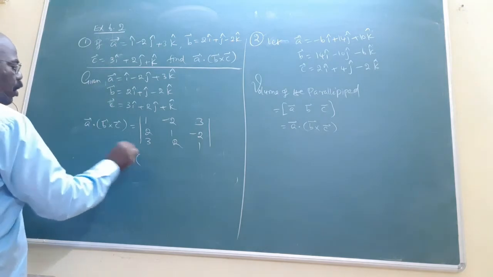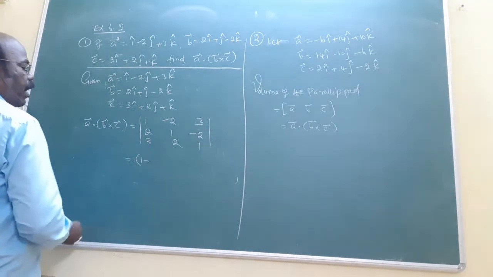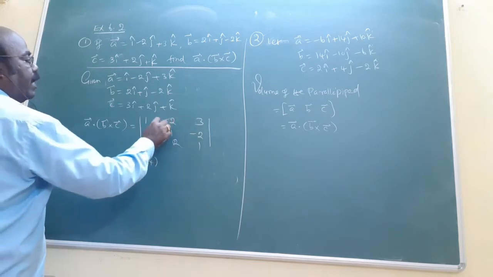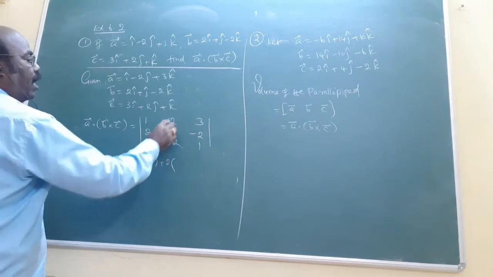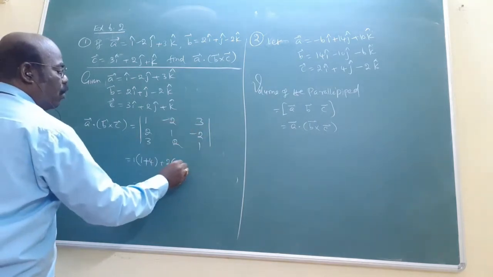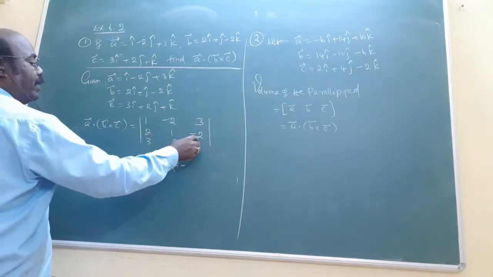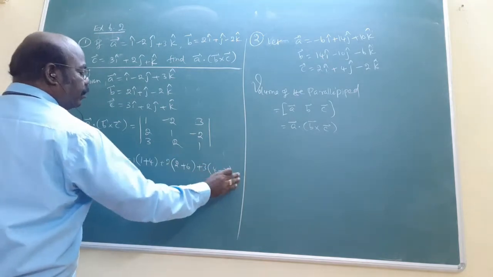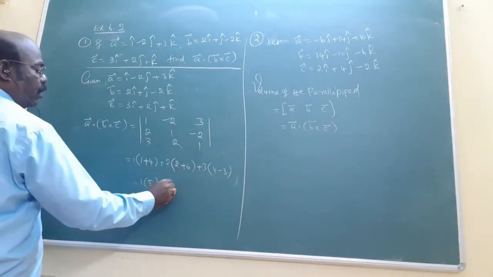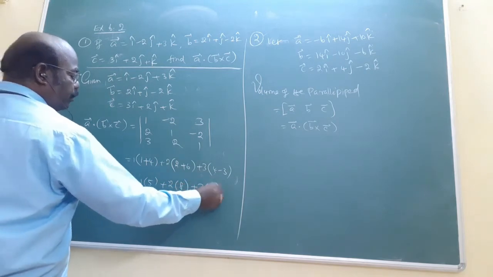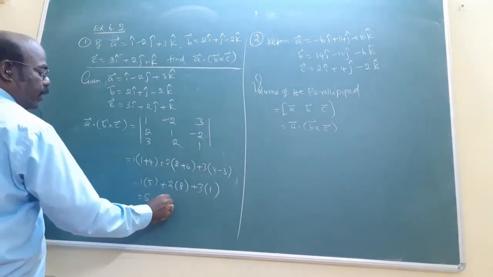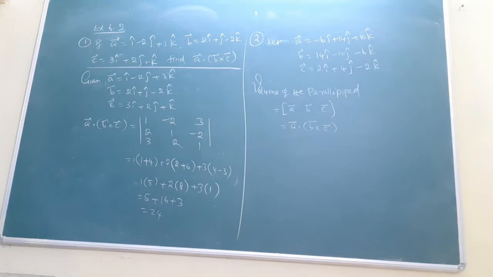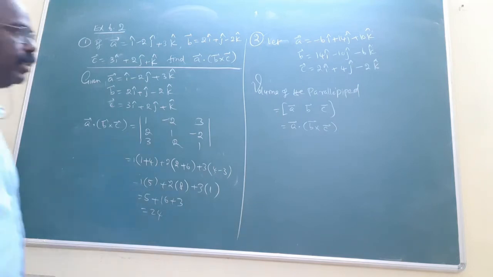Now expand. 1 into 1 times 1, the formula having minus, minus 2 into minus 2 is minus 4, already minus, so plus 4. In between is minus, change the sign, plus 2. Now cancel the row and column for 2; the formula having minus, multiply both, minus 6, so plus 6 will come. Plus 3 into 2 minus 3. Now 1 into 5, 2 into 8, 3 into 1. What is the answer? 44. This is the first answer. Very simple concept.